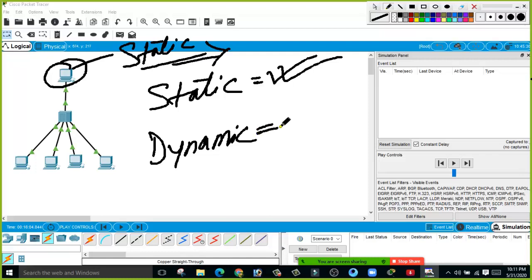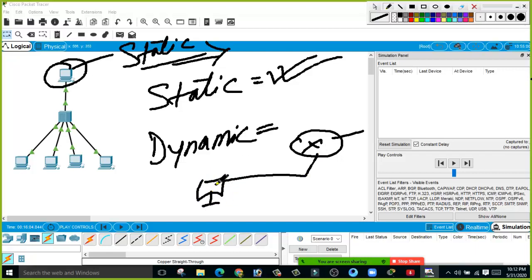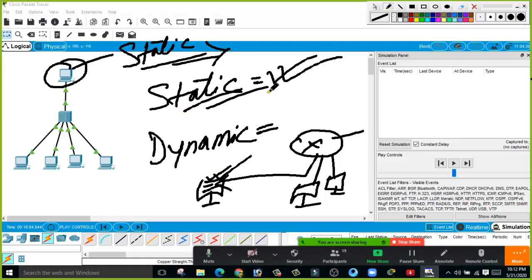Now there is one more, the dynamic address. This is the address that we receive from a DHCP server. I will explain later how to configure DHCP. In this switch, we configure DHCP, and all the devices connected to the network receive an IP address automatically, with no need to configure it every time. So this IP address may change whenever you restart your computer, but the MAC address remains permanent all the time.